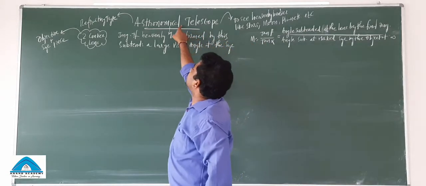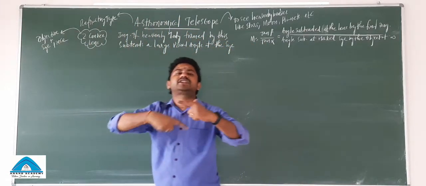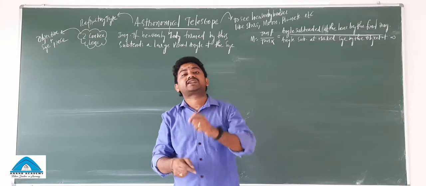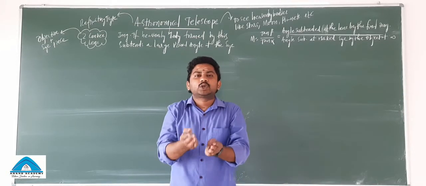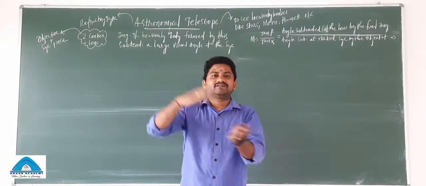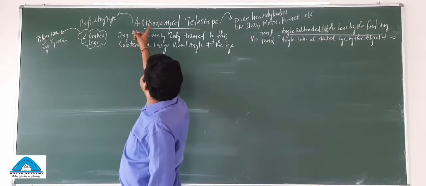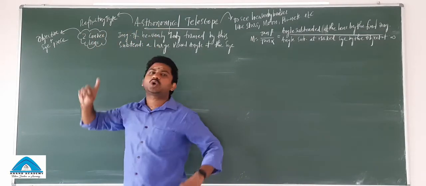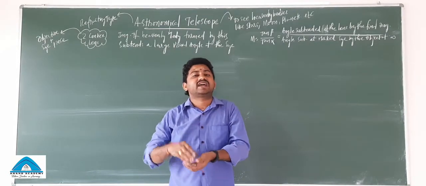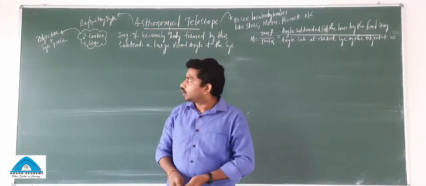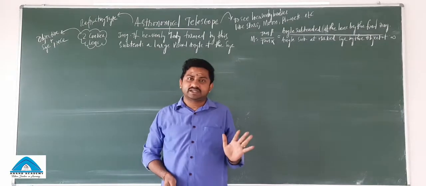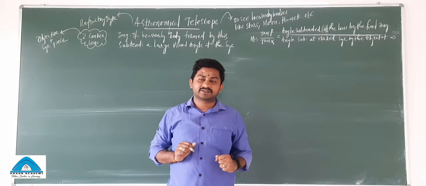This astronomical telescope is a refracting type telescope. Next, terrestrial telescope is also a refracting type, and there is another type of telescope called reflecting telescope, so that will come later. In this astronomical telescope also there will be two convex lenses. Why two convex lenses? One will give you the magnified image, the other one will magnify much more of it. And the image formed by one convex lens will behave as an object for the other convex lens. So like this, huge magnification will take place.